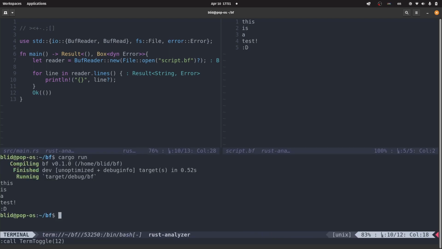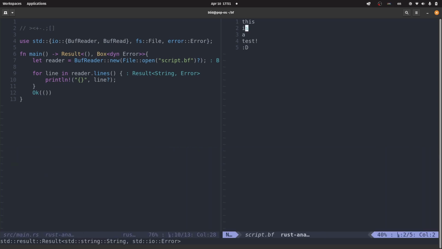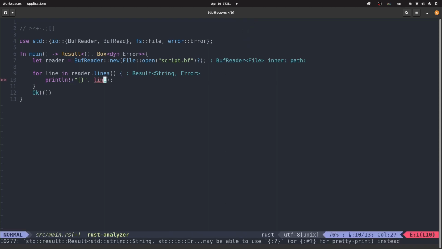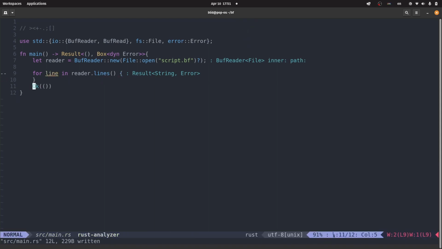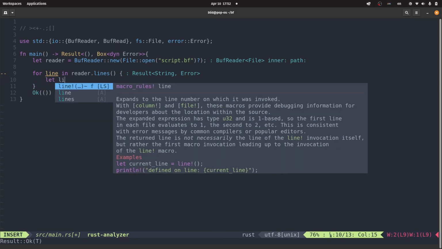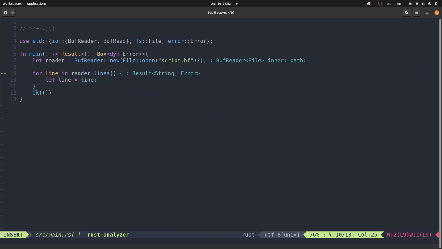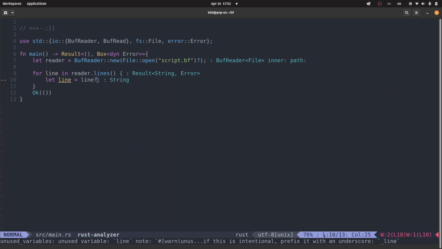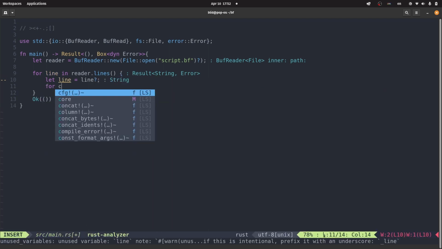It works. So now it's time to actually go through each and every line and go character by character and then process it. Okay, we can close that for now. Let's make line an actual string so we don't have to use a question mark every time. So for c in line,